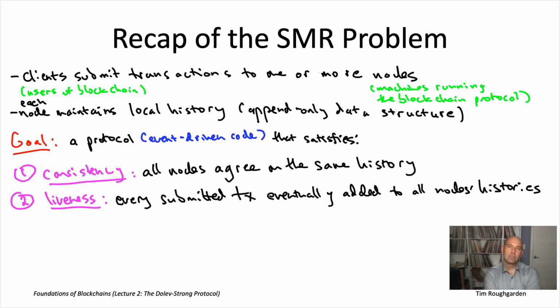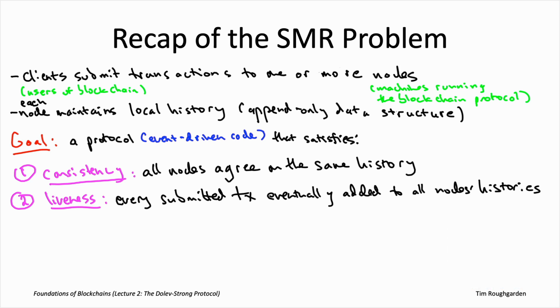So over the next several lectures, the million-dollar question for us will be, does there or does there not exist a protocol that satisfies these two properties, consistency and liveness? And what we're going to learn is that the answer to that question depends in extremely interesting ways on what assumptions you make. We will have several cases where under assumptions we prove it is possible to have a protocol meeting these two properties. We'll also prove formally that there are other cases where you cannot have a protocol meeting both of these two properties. For example, it crucially matters what you assume about the underlying communication network and how reliable it is. And it also really matters how powerful the adversary is, or equivalently, how many of the nodes running your protocol are compromised versus how many of them are running it in the intended